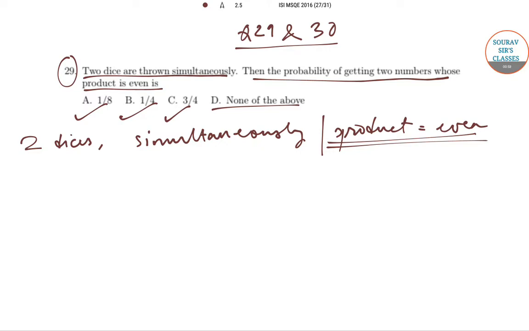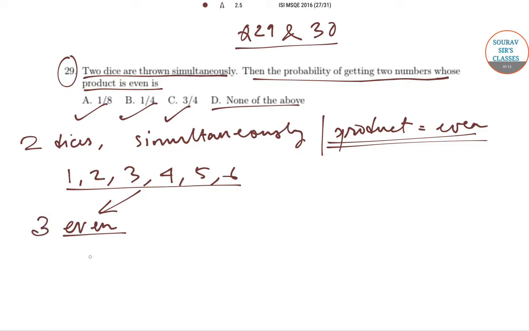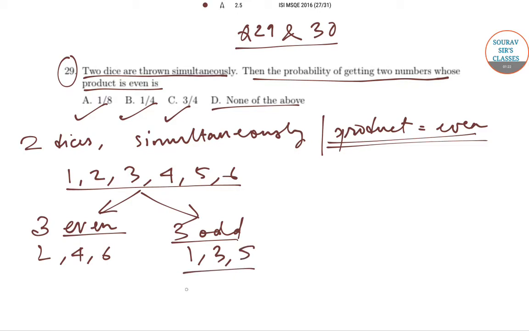So basically we know that there are 6 possible values in a dice, that are 1, 2, 3, 4, 5 and 6. Out of this, there are 3 even numbers which are 2, 4 and 6, and there are 3 odd numbers which are 1, 3 and 5. Now if the product of these values has to be an even number, so basically the combination is